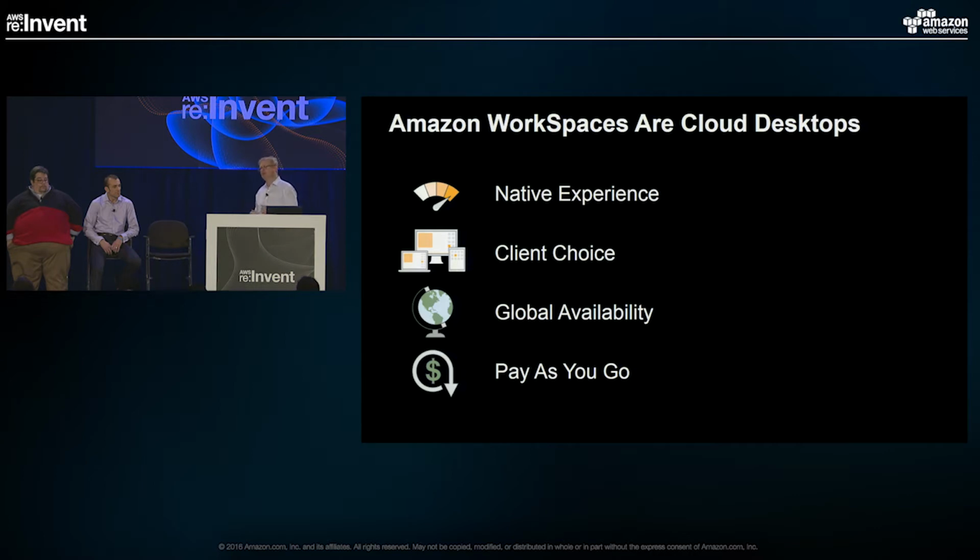Those fees include all of the components you need for the desktop to work. It includes the running instance itself. It includes all of the storage, so the C drive and the D drive, the EBS volumes for that. It also includes backups that we do to S3 to ensure that you have your data in case of some sort of disaster. And it also includes all of the streaming. So all of the streaming coming out of the workspace is not billed as network traffic.